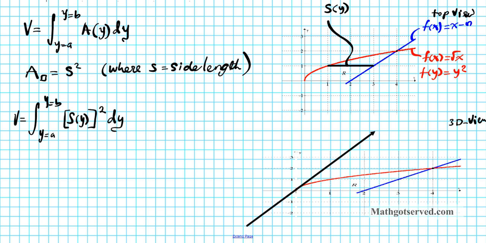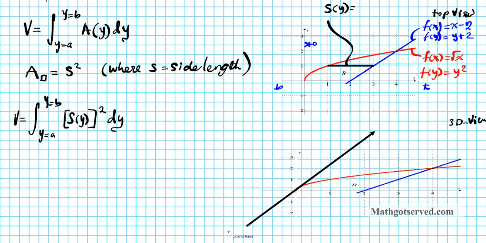And if you want to write it as a function of y, it's going to be simply y plus 2. Okay? Now, remember everything is in terms of y here, so we're going to be using the functions in terms of y. Now, what is the length of S? What is the length of this segment? Remember we talked about top and bottom in both orientations. If you're going along the y-axis, it's like your floor, so you're standing on the y-axis, whereas the top, the positive x direction, is your top, and the negative x direction is the bottom. Okay? So the length of s of y is simply going to be